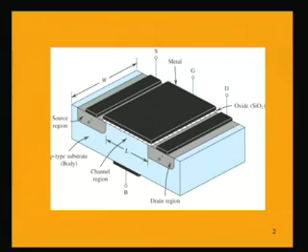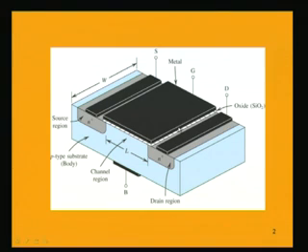As we know, in between two parallel plates having an insulator in between, there will be a capacitance, and because of this insulator having the dielectric in between the gate and the substrate or the body,